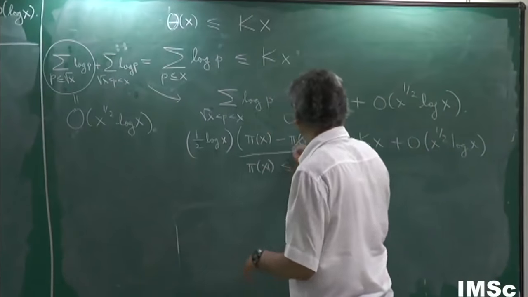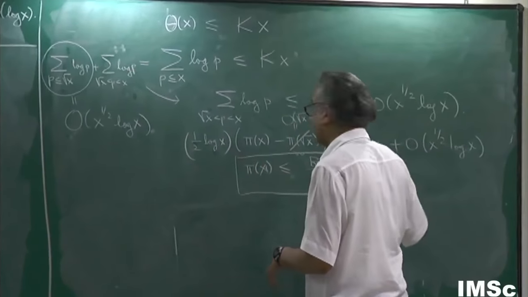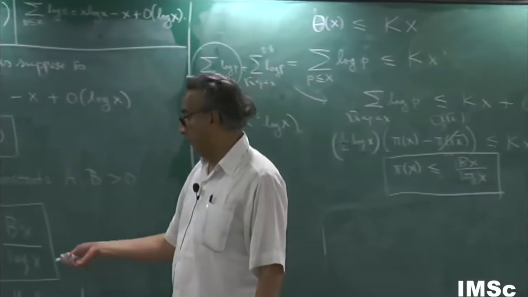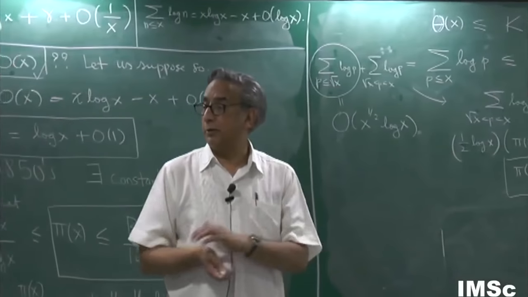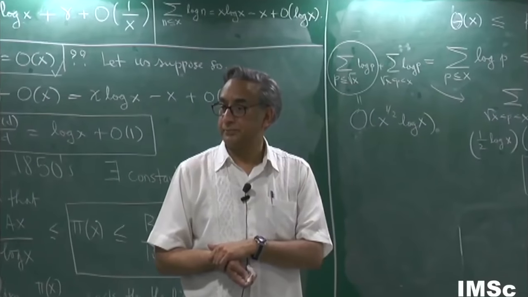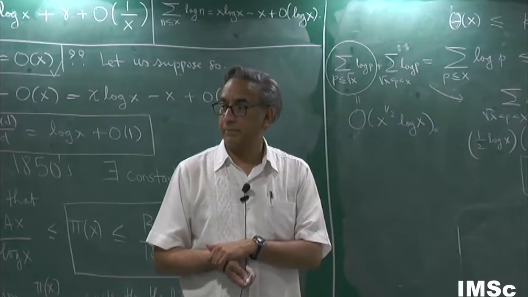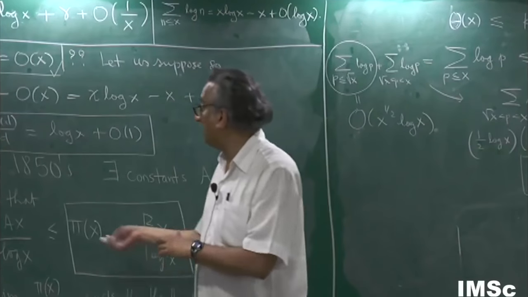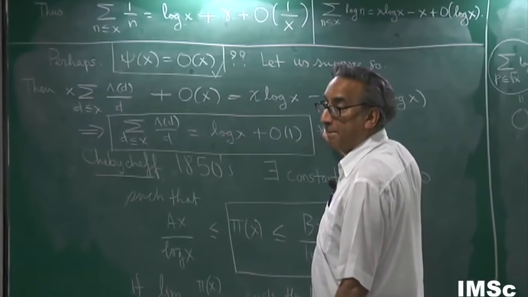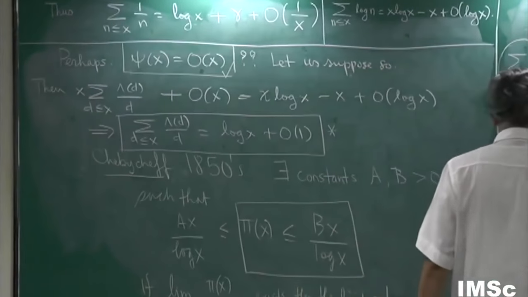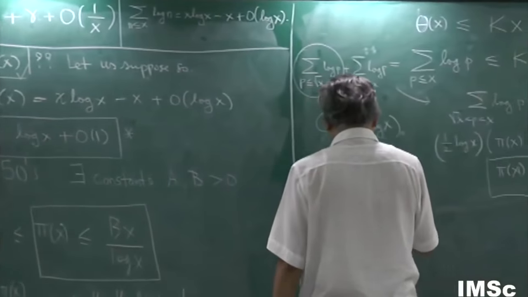So he manages to prove the first estimate in this fashion, using only that little trick with the binomial coefficient. Okay? And then the other part is done using this. With the other part, for the lower bound,